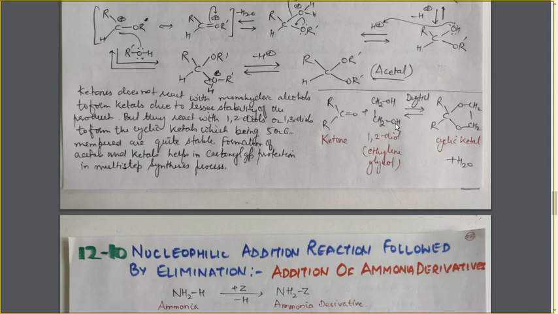First, this OH group is involved in the formation of the hemiketal. Hydrogen will move to this oxygen atom and O will move to this carbon atom. In the next step, this OH group is involved in the reaction. That is, the OH group which is formed in the first step goes out with this hydrogen atom as a water molecule, and this oxygen atom gets attached to this carbon atom. So on this side the oxygen atom gets attached to the carbon atom, and on this side this oxygen atom also gets attached to the carbon atom.